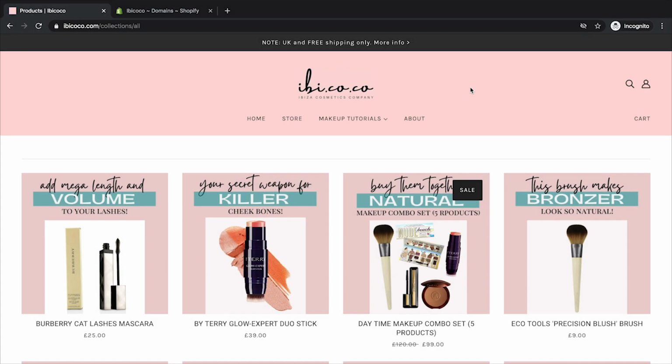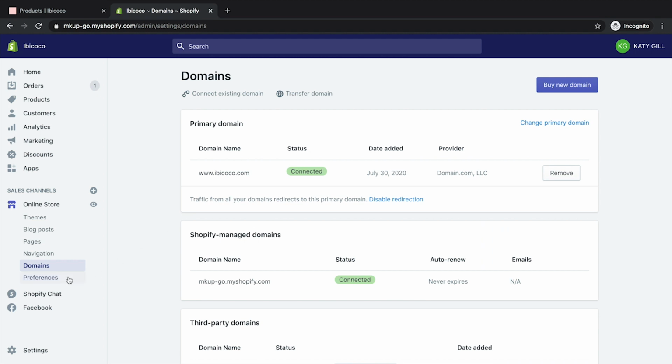Katie and I have had a chance to finish off the website, and as you can see, it's now live. Katie has chosen to call it Ibicoco, which is short for Ibiza Cosmetics Company. It's a great name. We made a logo and we added it into the website. You can add the logo in via the theme settings in header. Also, Katie has registered a domain name, ibicoco.com. That has been registered on her domain name provider, and I helped to connect it into Shopify. But you can actually register domain names via Shopify directly by buying a new domain name. That's just not done on this occasion, but you have the option to do both.